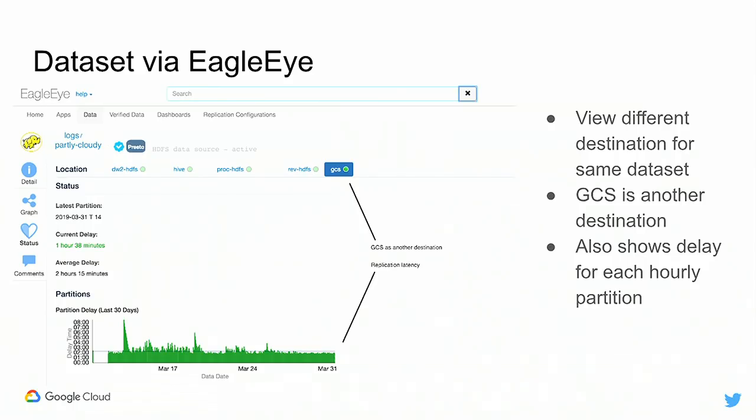If you look at a particular data set, logs, partly cloudy, there are multiple different physical locations: DW2, HDFS, Hive, and so on. And now GCS becomes just another destination for them. The data is in HDFS as well as GCS, and you also have a graph which shows the latency of copying each partition to GCS, just like we have for our HDFS clusters.